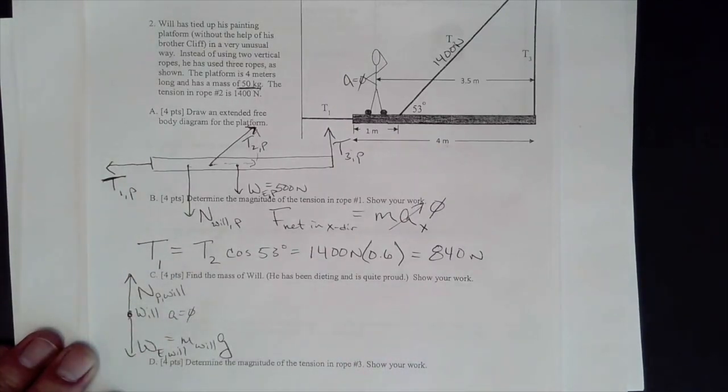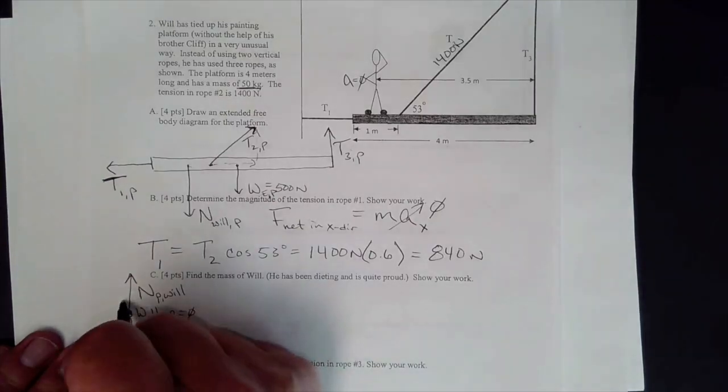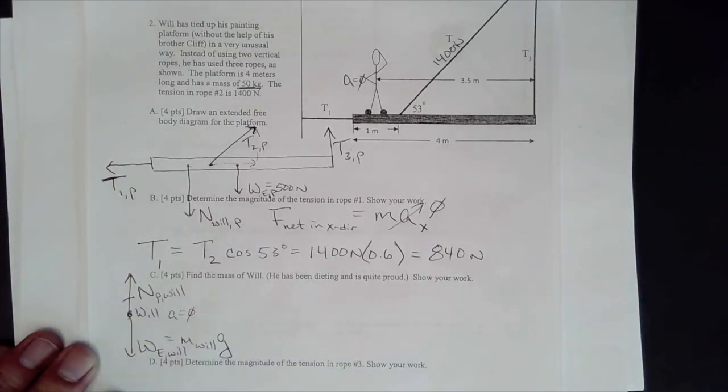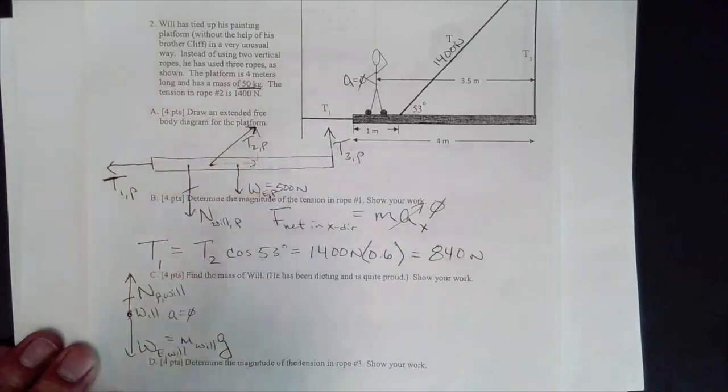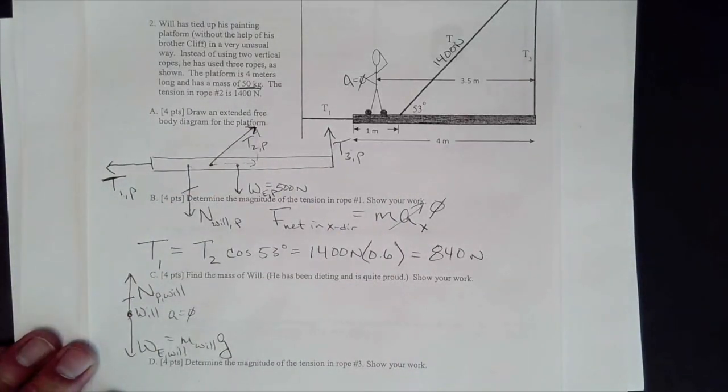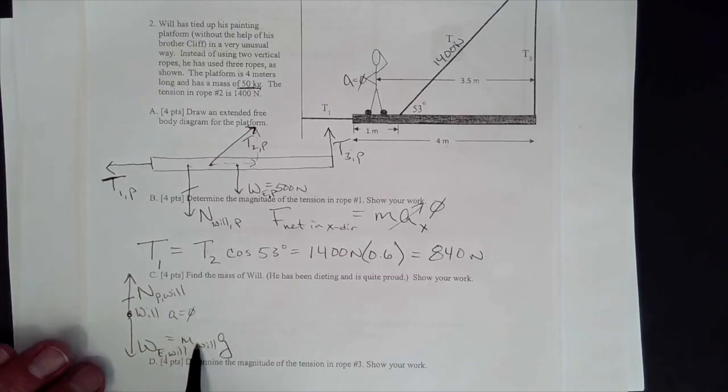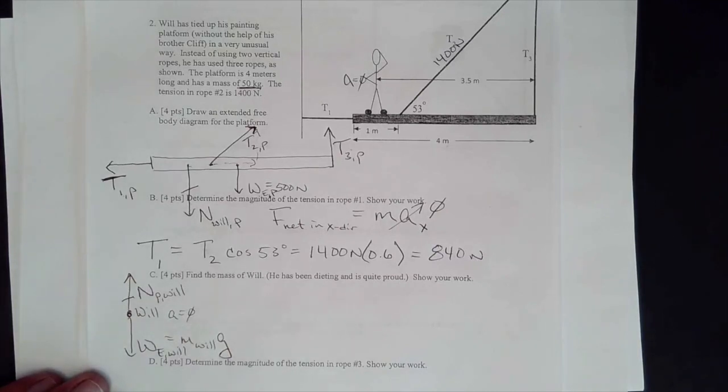Well, I also know that by third law, the push by the platform up on Will is equal to the push by Will down on the platform. And so that means if I could find this push by Will on the platform, I would then know his weight, and then if I divide by g, I could get his mass. So let's do that. Now,